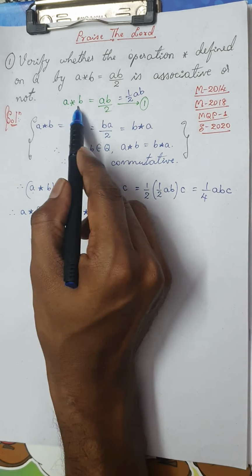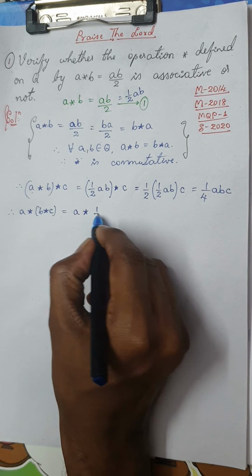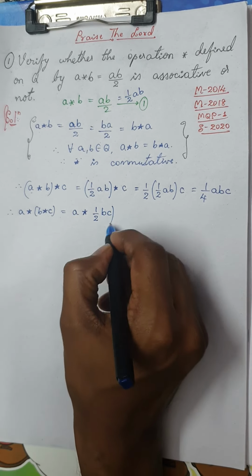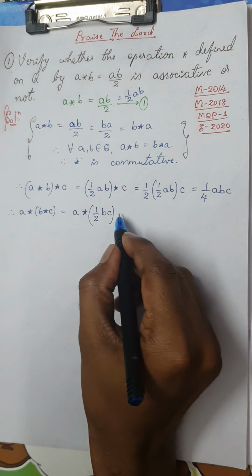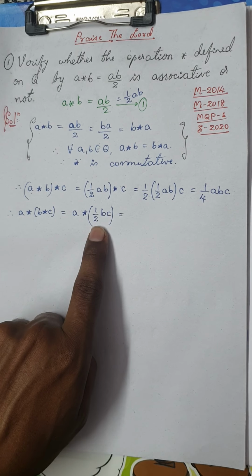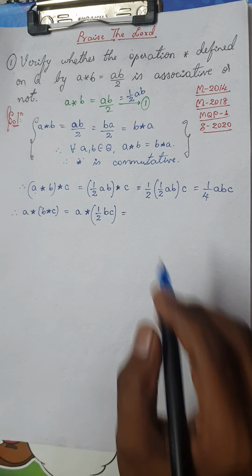Now if A star B is half AB, then B star C is also half BC, right. So B star C would be half BC. Yeah. Are you following, Aishwarya? Right. So now this is like the first element and this is like the second element. Okay. So Chitra, are you here? Fine. So A star B, this is like B.